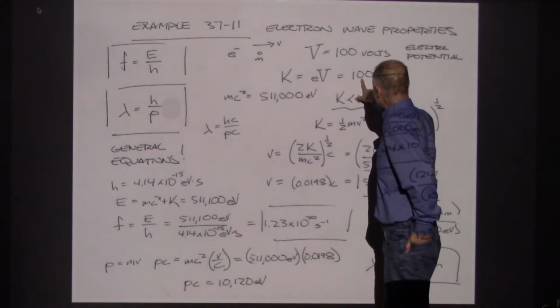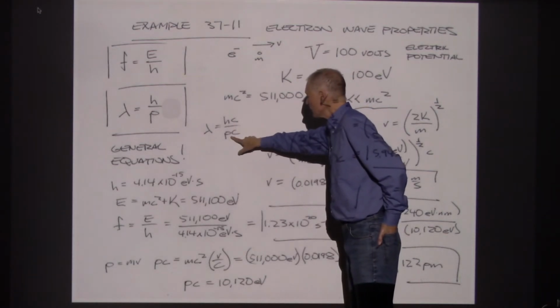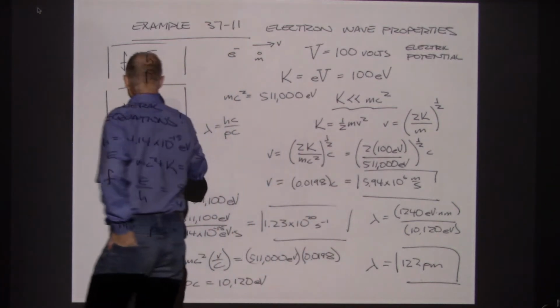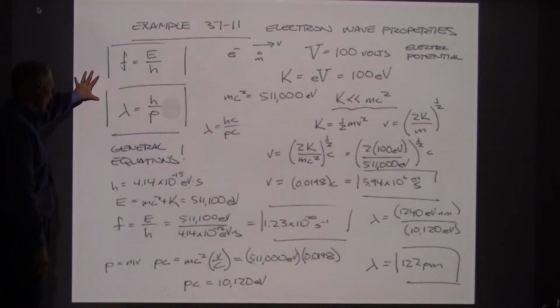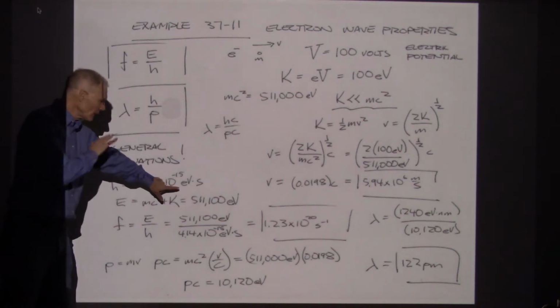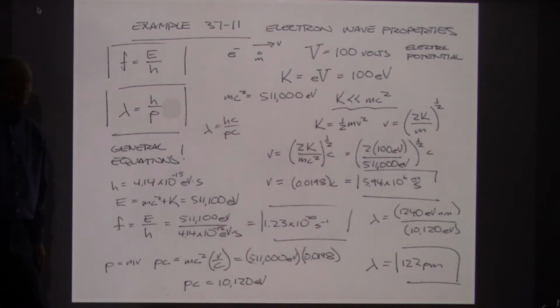We've got the kinetic energy. How do we get from kinetic energy to momentum? Because that's what we're going to need. First of all, these are the general equations. Planck's constant, in terms of not joules but eV, is 4.14 × 10^-15 eV seconds. And that says